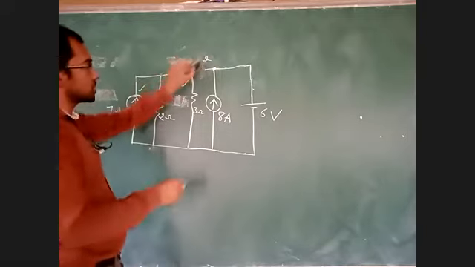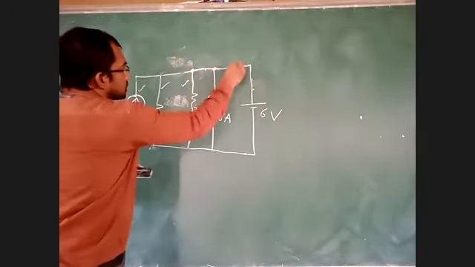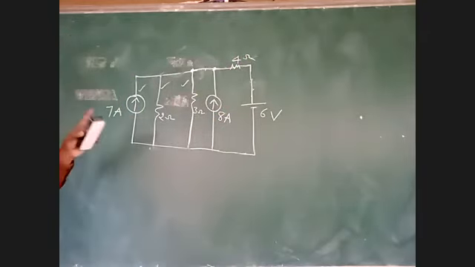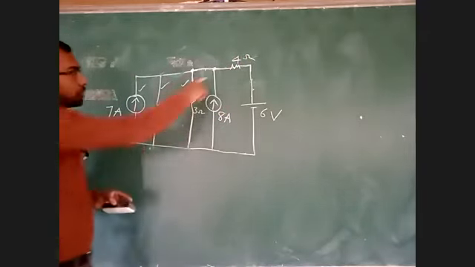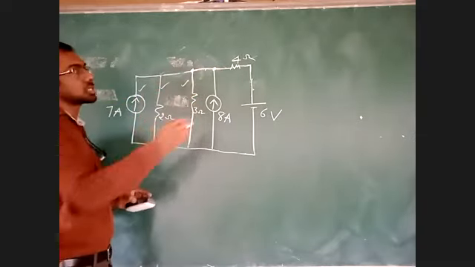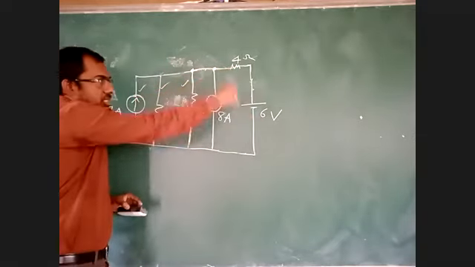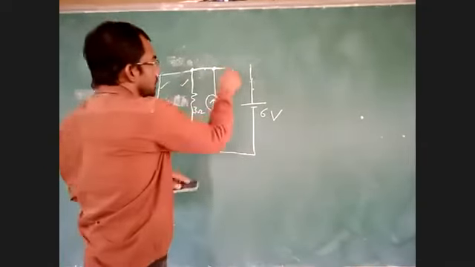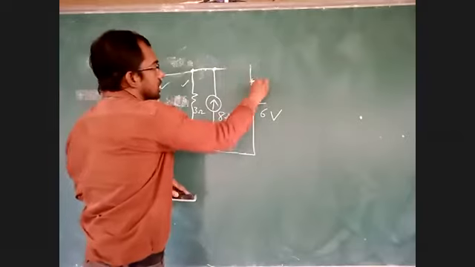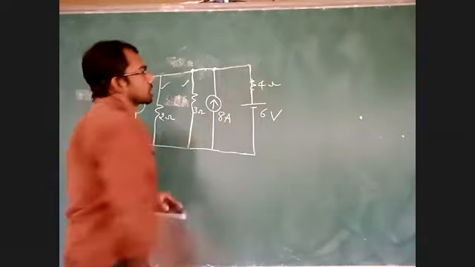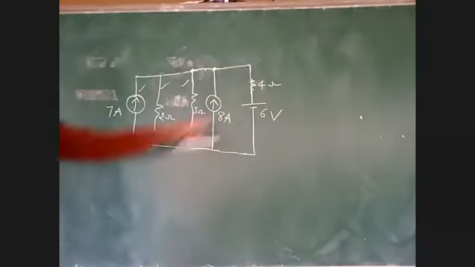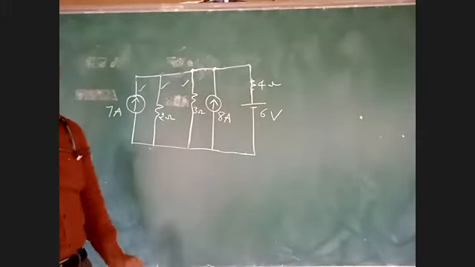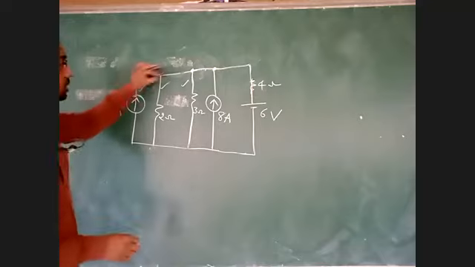Suppose if this 4 ohms is here, there is only one node. Okay. If 4 ohms is here, we'll get 2 nodes. Because this is one branch, this is the last branch. See, this 4 ohms I can connect here also. But because 4 and 6 are in series, there is only one node. Suppose if this 4 ohms is connected here or here, there will be 2 nodes.